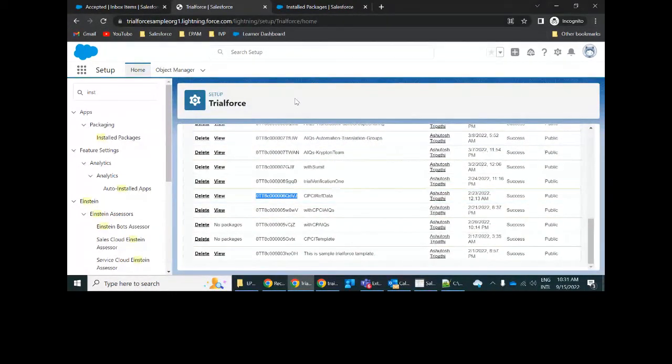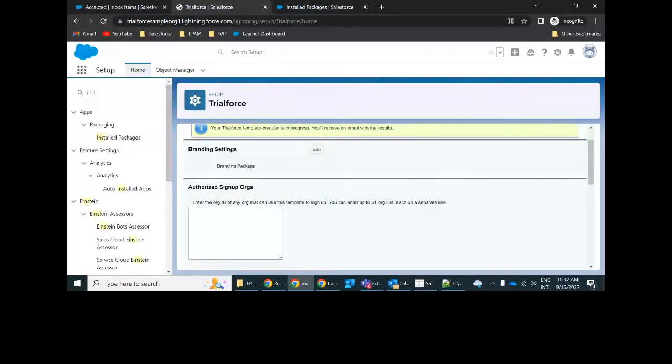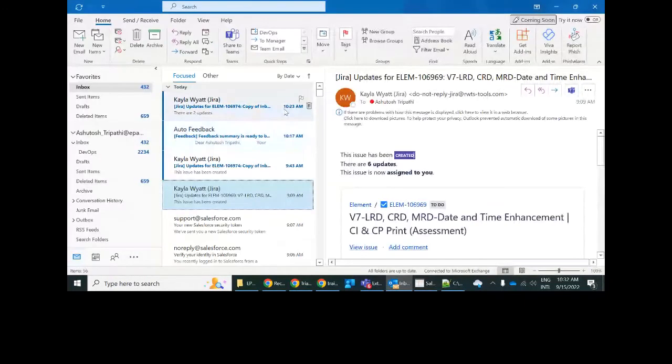So that effort can be saved, where the customer onboarded as a pilot user and now becomes a paying customer for your solution. You don't need to do the configuration and everything again. You can utilize the same free trial org to host your solution and continue with your existing configuration and customization. So this is where you can create a Trialforce template. I would also receive an email.